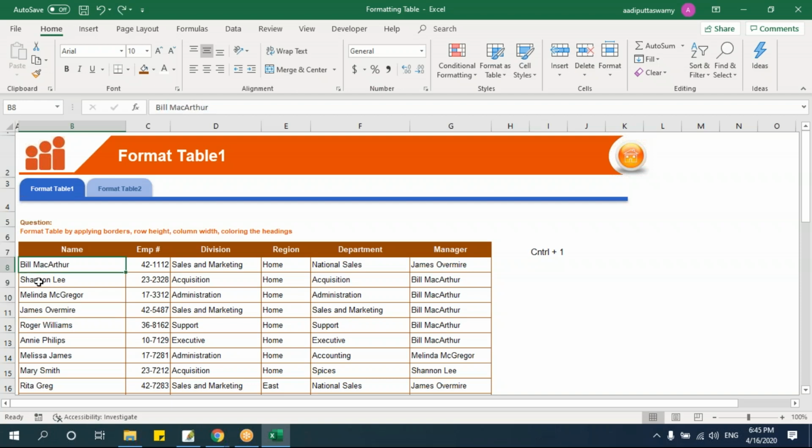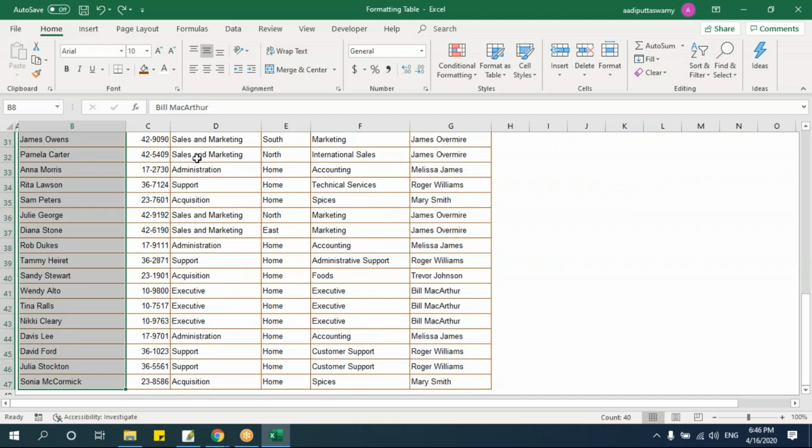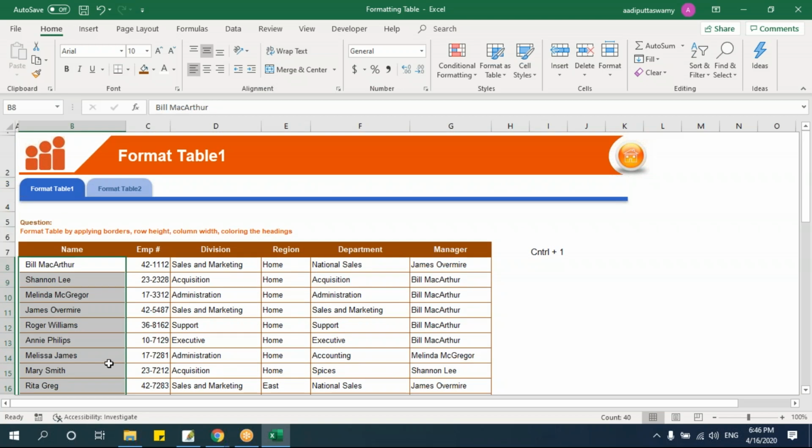Never do that, because when I'm adding a space, that means I'm adding a character to that particular data. So what will happen when I add a character? Next, when you're actually working on some formulas, or some VLOOKUP formulas, or trying to compare the data, you will get wrong results. Okay, please make sure that you do not add space there. How will I give space? Select, and here I'll say indent. See, I got the indent.